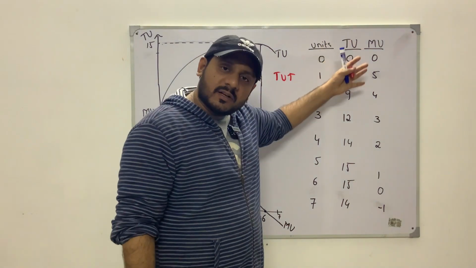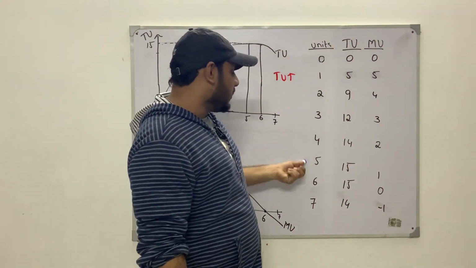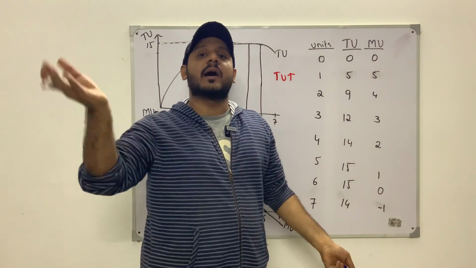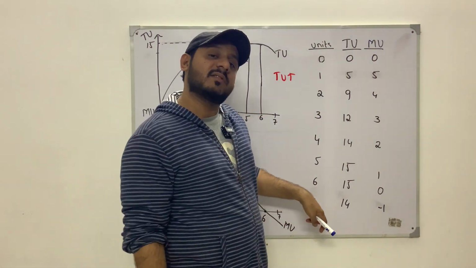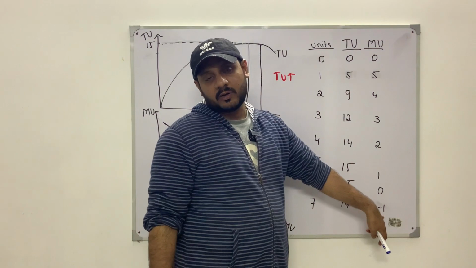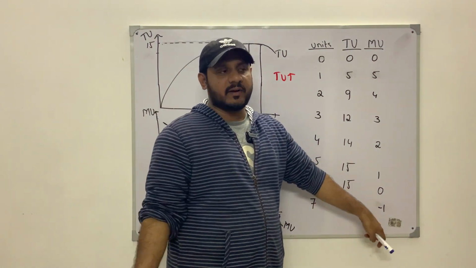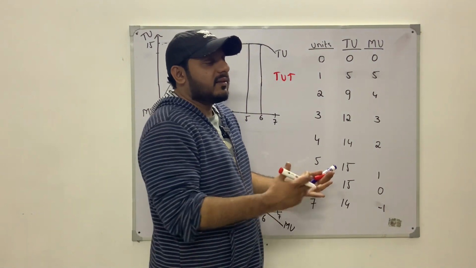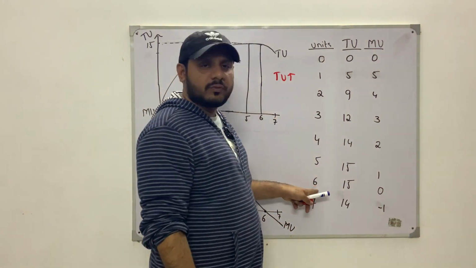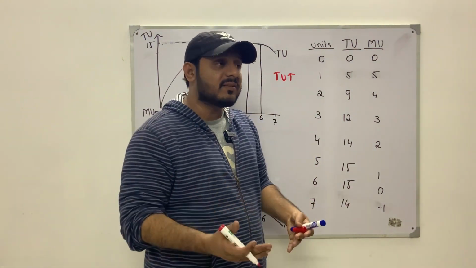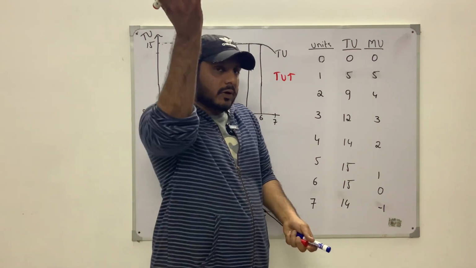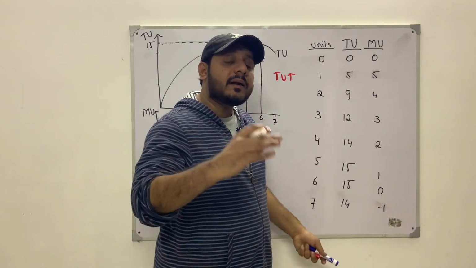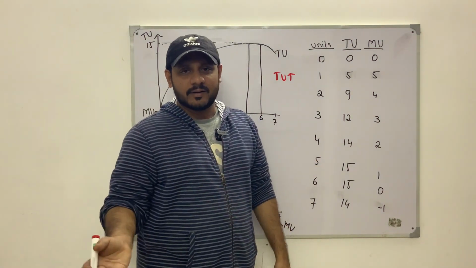So guys, if we look at the column, we can see that as we're consuming more units, the total utility is rising, initially until the 7th unit. On the consumption of the 7th unit, it falls because the marginal utility falls by -1, so total utility also goes down from 15 to 14. But initially, up till the 6th unit, the total utility is rising, which means that as you consume more, your total utility will rise. But it is increasing at a decreasing rate.